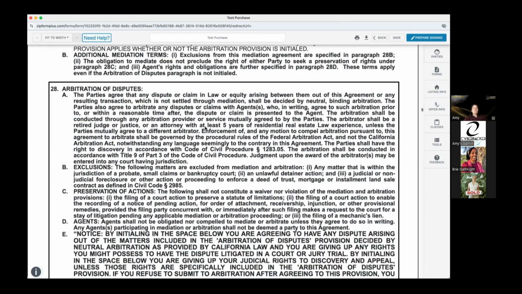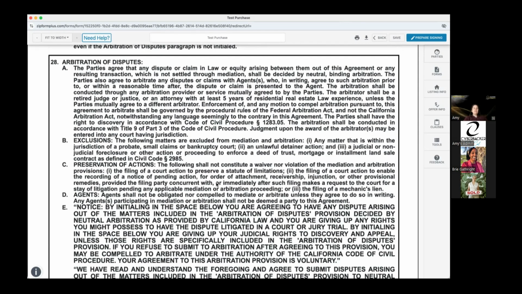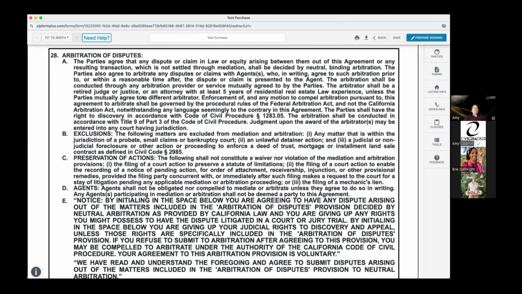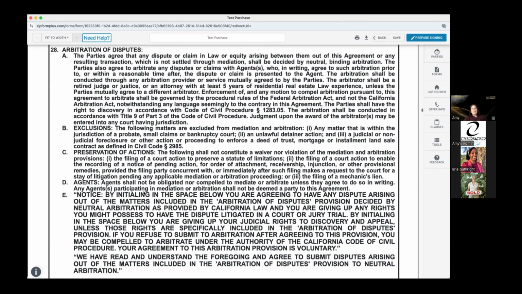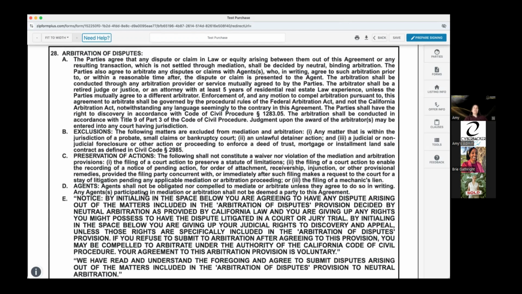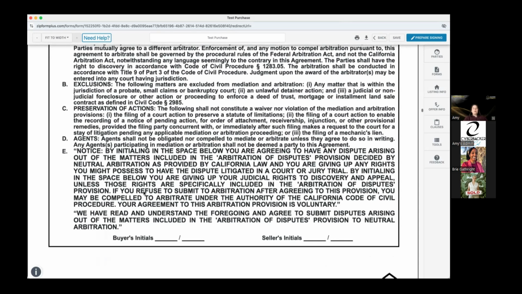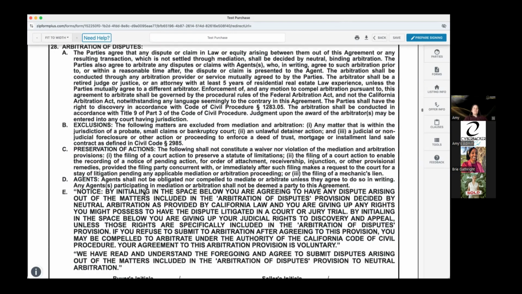The next one, section 28, also optional, is arbitration. This just says that, hey, if we're going to sue somebody, we're going to go to arbitration before we go to lawsuit. Okay, we're going to have a hearing in front of other real estate professionals that understand real estate law, understand the contracts. So that's the bonus here,